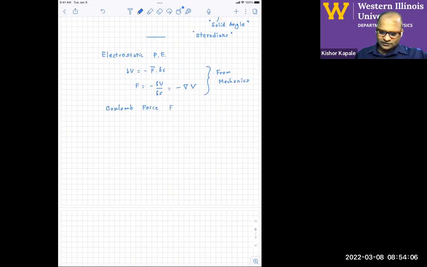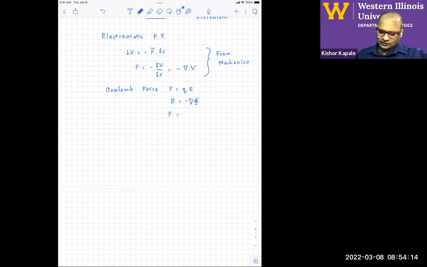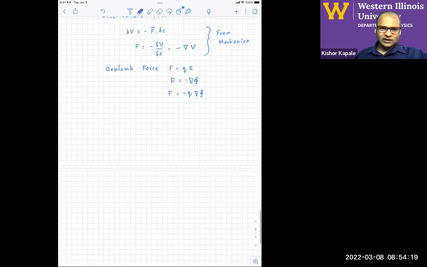F is Q times E, and you know that E is negative gradient of phi, and so F is going to be negative Q gradient of phi. So you can already begin to see that the electric potential energy is going to be Q times phi, because